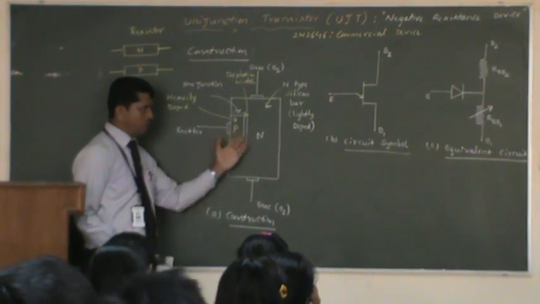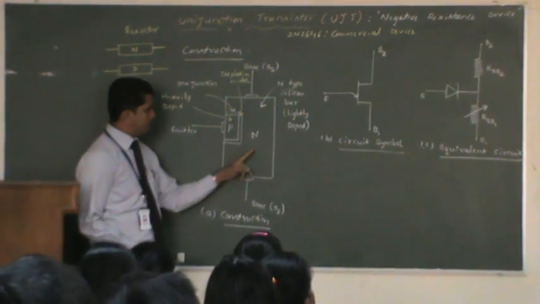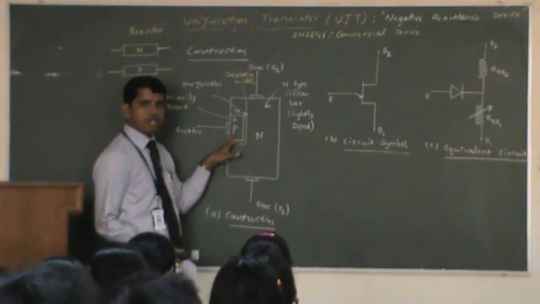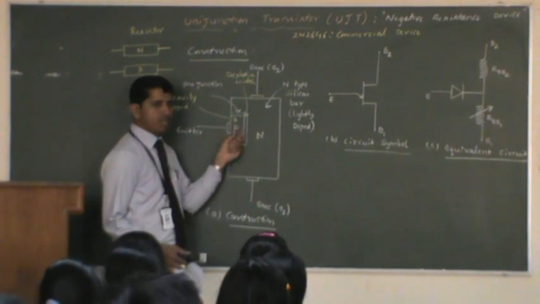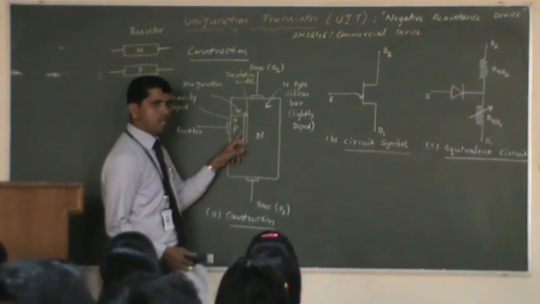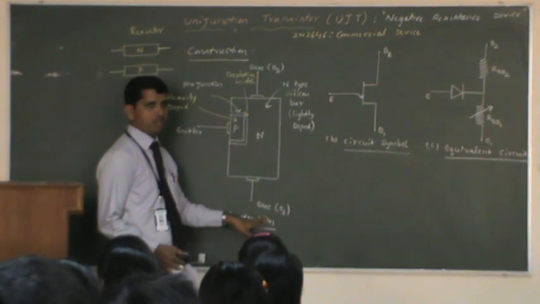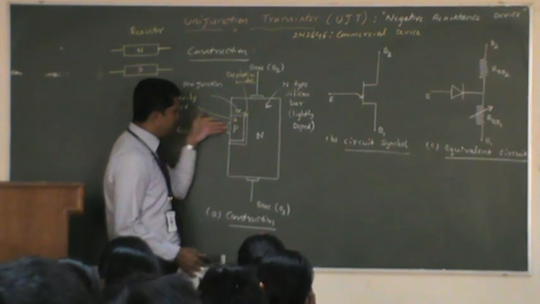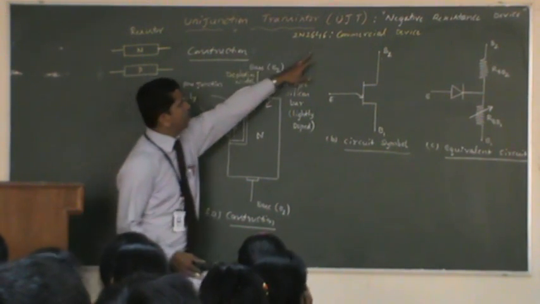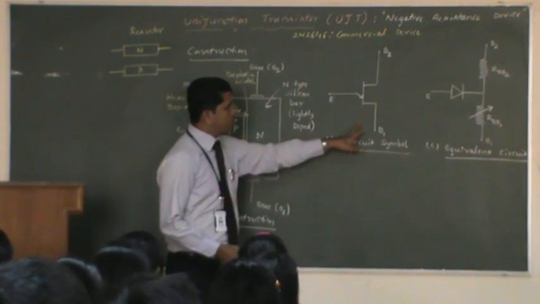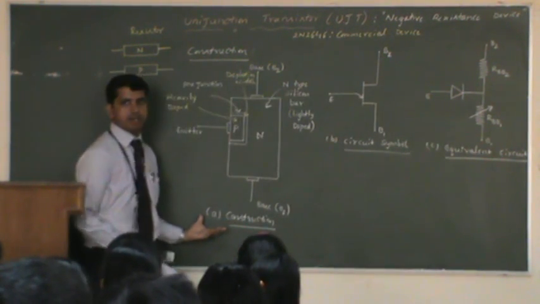Did all of you understand how to construct this unijunction transistor? Yes, there is only one junction. The channel is of N-type, and there is a P-type semiconductor which is heavily doped. Between the P and N, a diode forms here. This particular diode has a single junction. This will control the current movement from base B2 to the base B1 terminal. Take an N-type semiconductor material and diffuse it with heavily doped P-type semiconductor material, and that forms a unijunction transistor. This is a commercially available device. The circuit symbol is here. The equivalent circuit is here. This equivalent circuit has been drawn from the device construction.